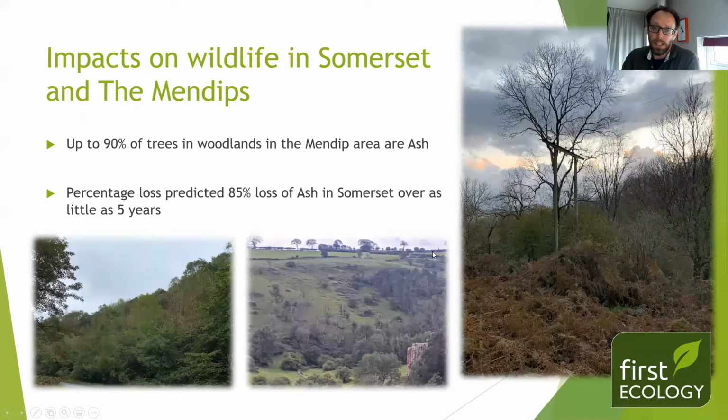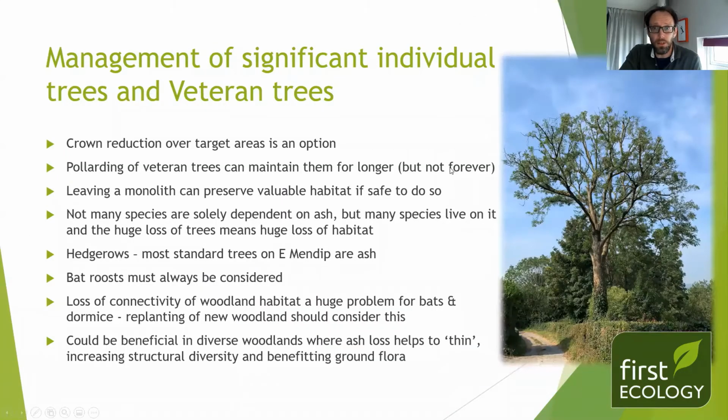So again, going back to the impacts on Mendip, as you can see from these, you can see the trees that have died back, and to the left here you can see this is Blackrock. These trees have now been managed and removed, not all of them, but all of those trees which are on that roadside or nearby have been removed. So we are looking at a dramatic change in the landscape. Around 90% of those trees will be gone in as little as 5 years. So tree management in terms of, you know,